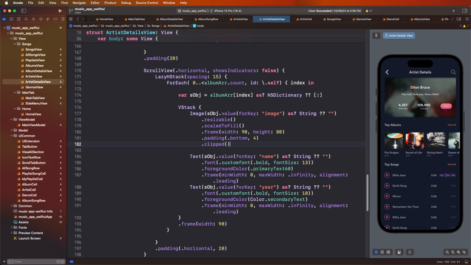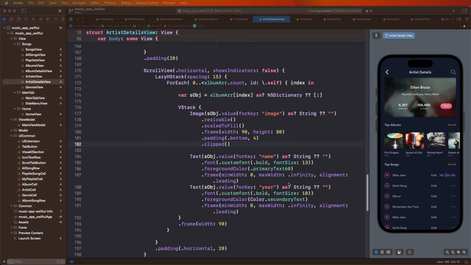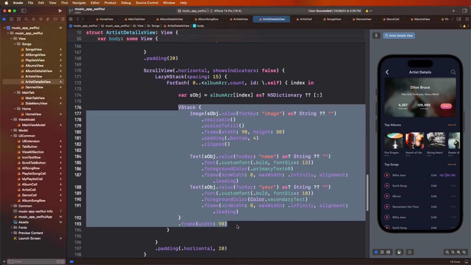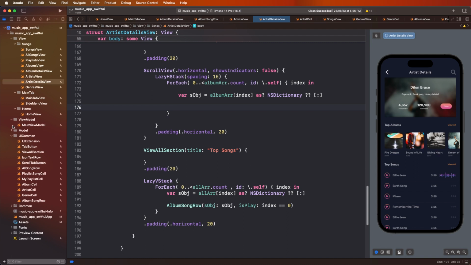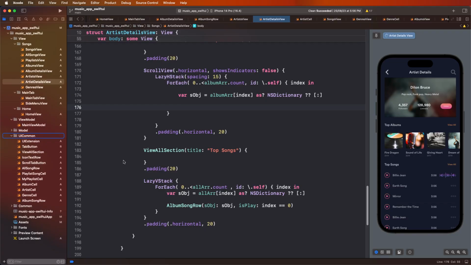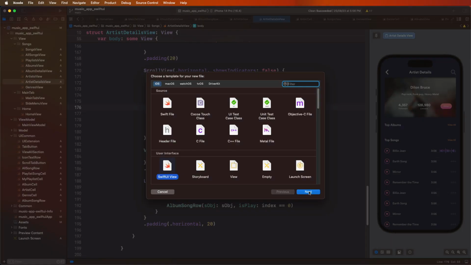You need to read here the set to issue, and this UI is done. So need to put this value here, and create here the common UI. Inside commons, need to create new files, and give here the artist album cell, need to give this here the name